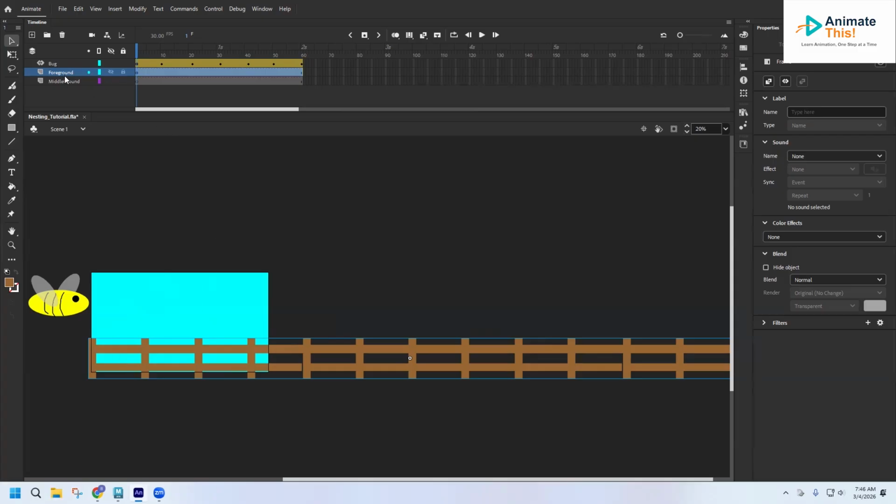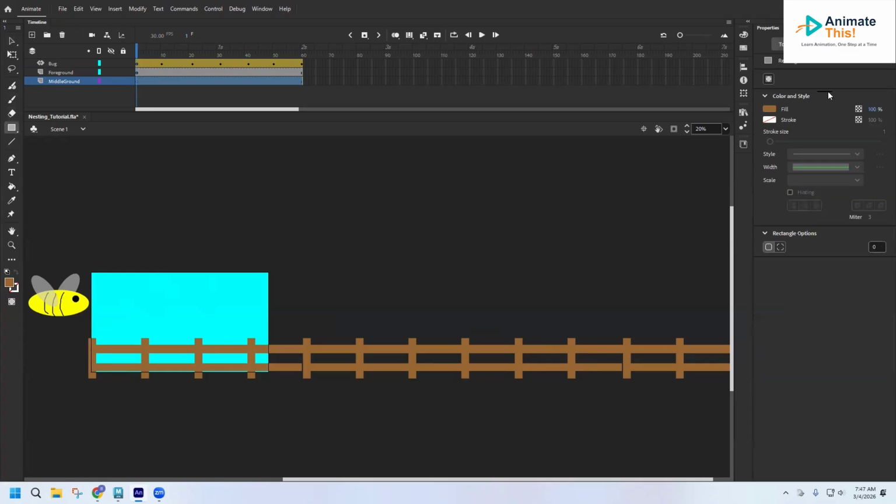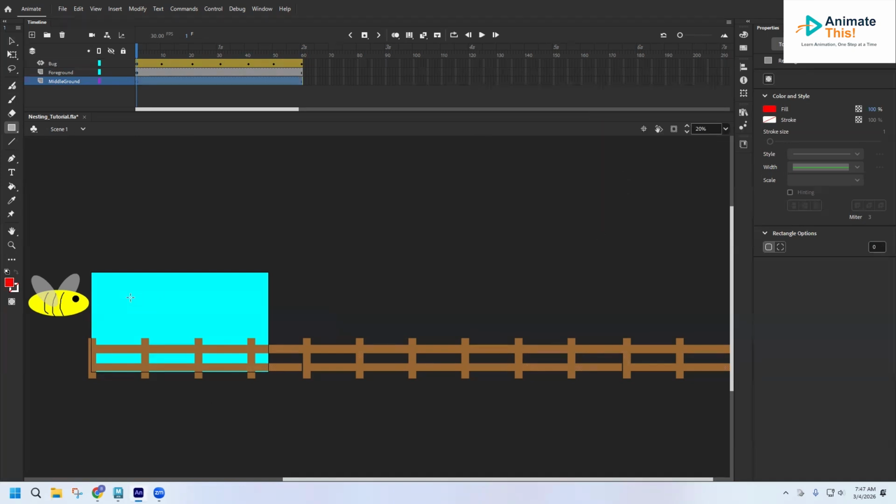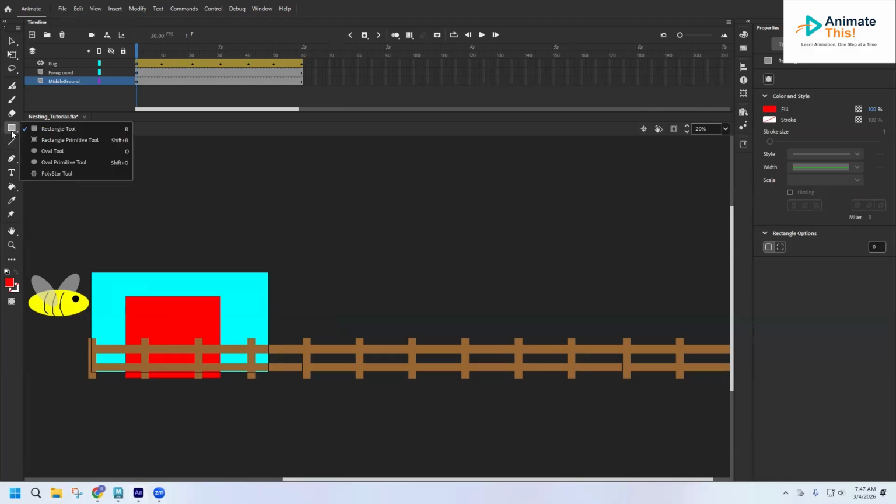All right, so I'm going to go to my middle ground layer, and for this, we'll just put some buildings. Maybe I'll make a barn, a real simple barn. So I'm going to grab my rectangle tool again, change the fill color to red. I'm going to draw a red box. It's going to show up as being behind the fence, which is what we want. And then I will go ahead and